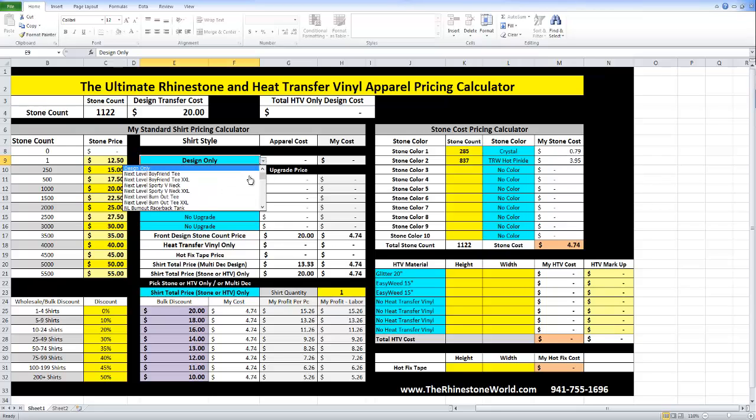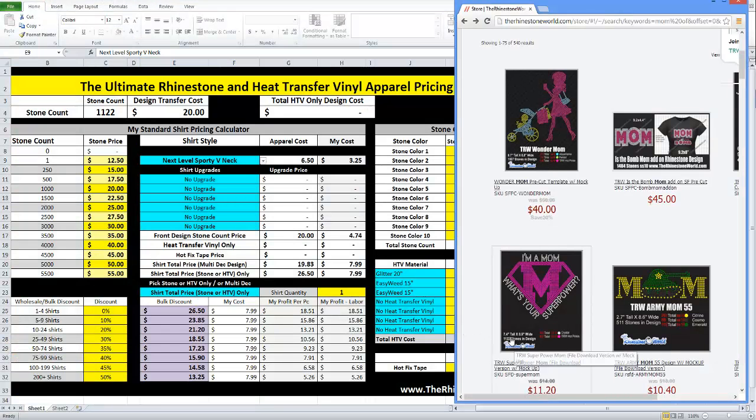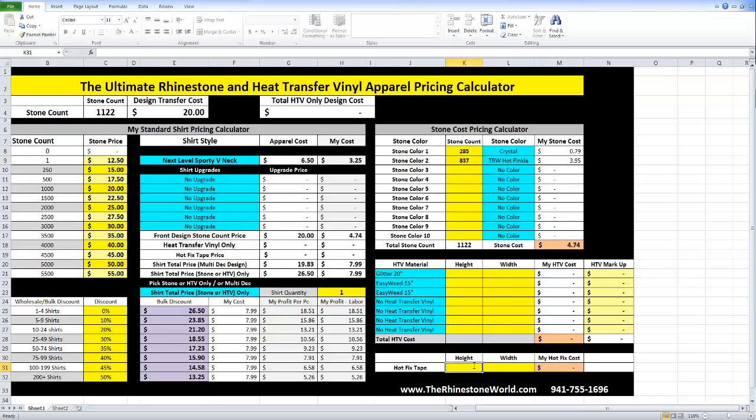Let's say they wanted the Sporty V again here. So that mom design, heat transfer vinyl. Let's see what their design was. So we log in there. It's 7.4 by 8.9. So height is 7.4 by 8.9. We got 19 cents in hot fix tape. That's going to automatically put that there. We don't have any heat transfer vinyl, and it is stone only. So on our select down, we do have selected stone only. That's a $27.08 shirt right there. And then you can see your breakdowns. You got $8.19 in cost, and you're going to make